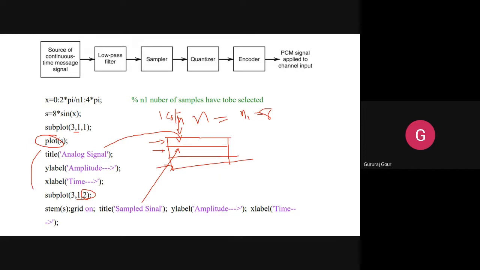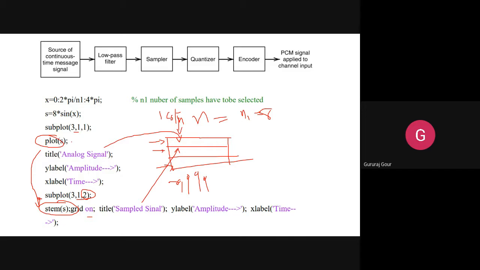And the stem command is always going to represent your continuous time signal in discrete version. It is like this, guys. You start getting the signal like this. That is what the stem is going to do. Grid on is going to display the grids here, X and Y grids.